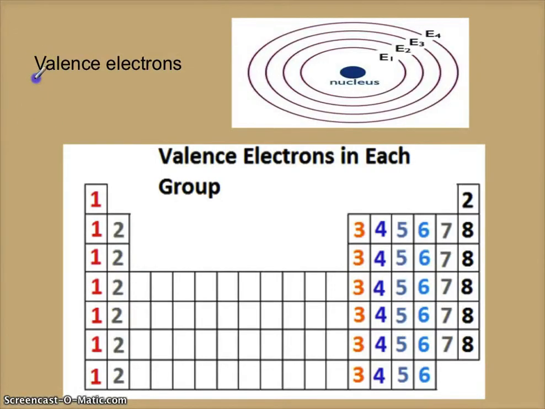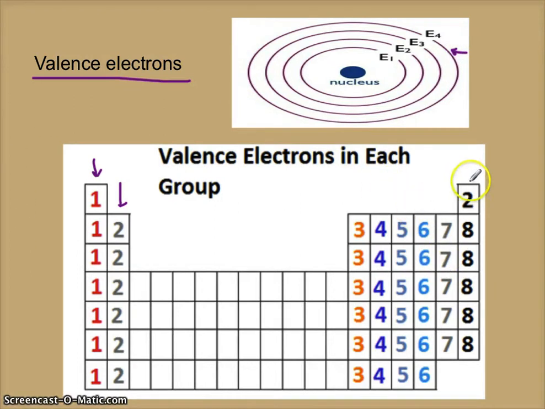Mentioned valence electrons. If you were to look at the periodic table, each group has a certain number of valence electrons. This has 1, this has 2, and so on. And I'm going to go back to the Niels Bohr model. The valence electrons are what's going to be in the outermost shell, and they're the ones that will interact with other